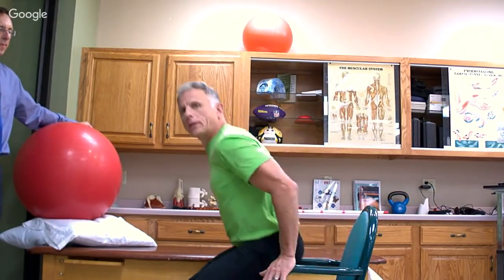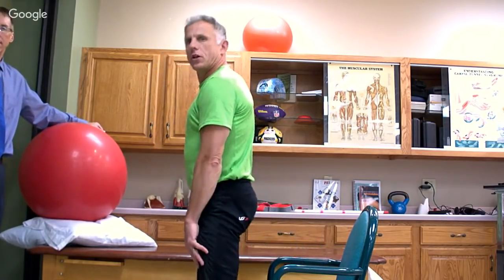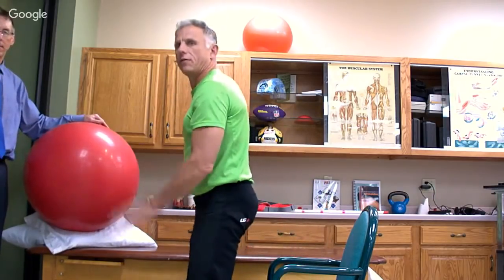And it depends on the level of your strength. I mean, some people have a hard time getting out of the chair, particularly with arthritis. So you may need to push off, but do the best you can with your arms. And then if you can do it, next step would be hands on your thighs and push up. So you're still using some arms for control and help. But as you get stronger, then you can put your hands together in front of you and work on that pushing up. And this is one of those things that after you do 10 of them,